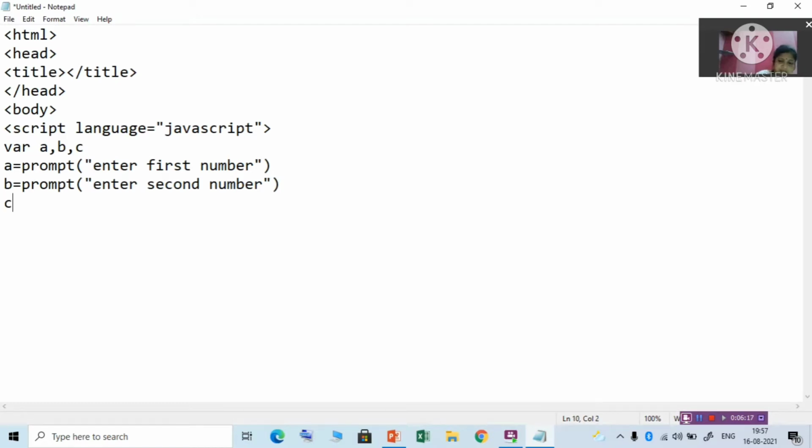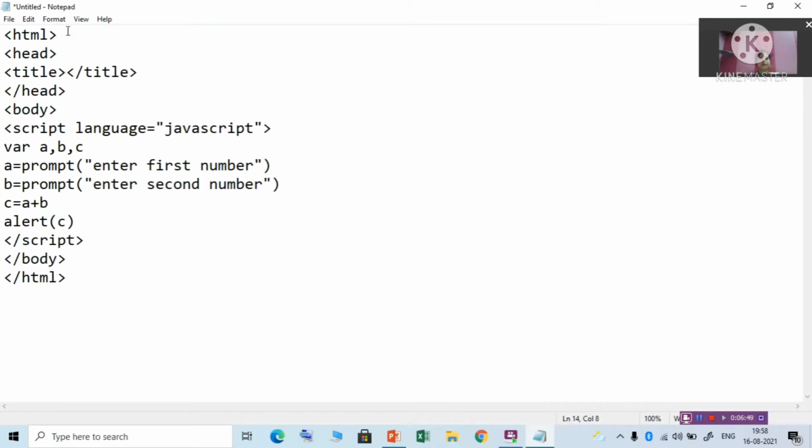Then I will write C is equal to A plus B. Then I will write alert. Alert is used to display any message. C. Then close script, close body, close html.